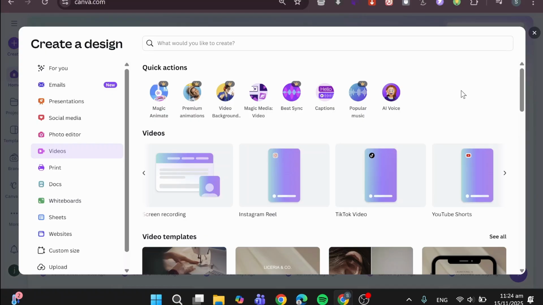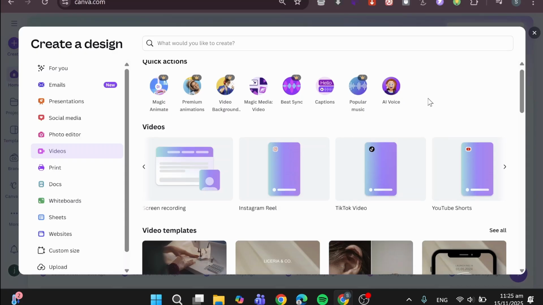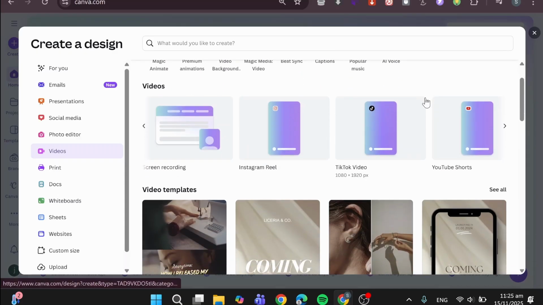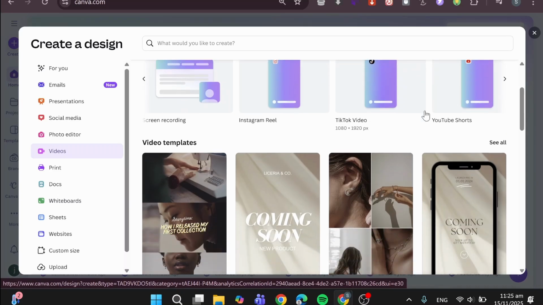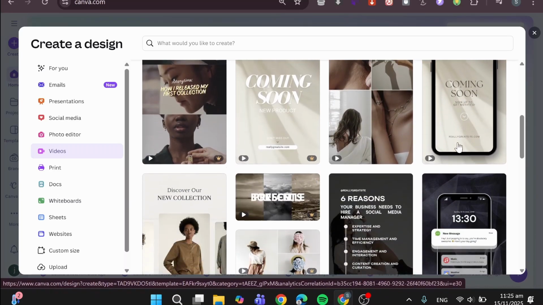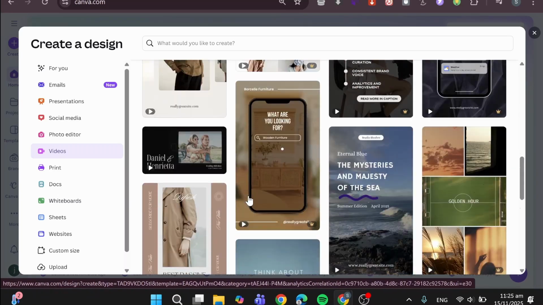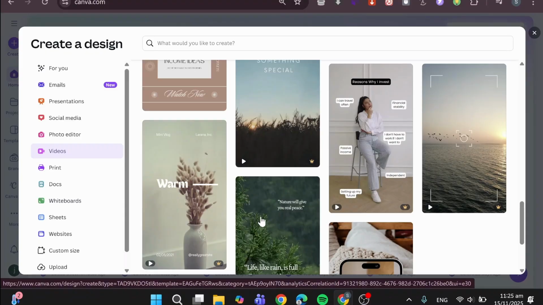Now, from the quick actions that Canva has, I'm not going to talk about the pro ones. I'm only going to talk about the free ones. We have the magic media videos, so you can go ahead and add some specific video effects and also some elements. We have the captions. We have also the AI voice that can be generated from text, and you're going to add it to your video. So here we can see that we have multiple formats. We can choose one of, as you can see here,